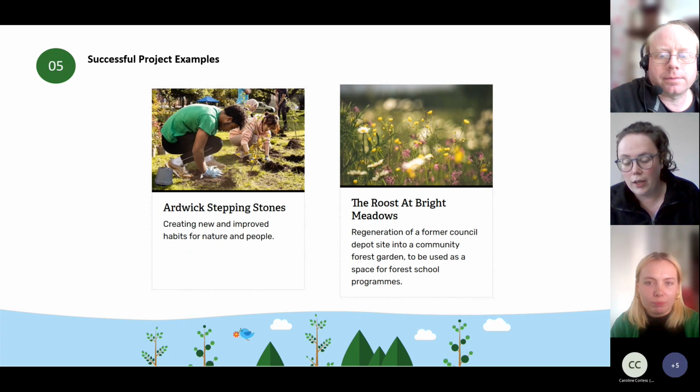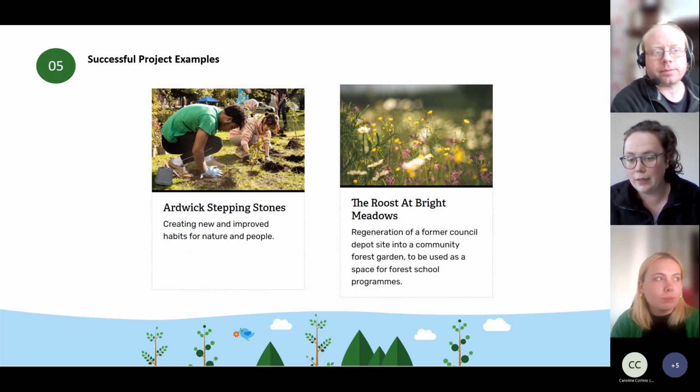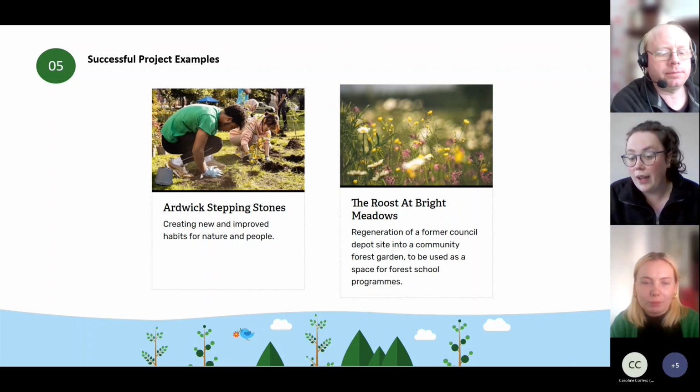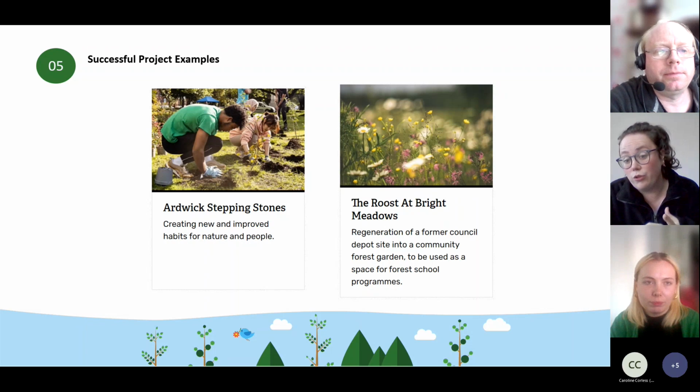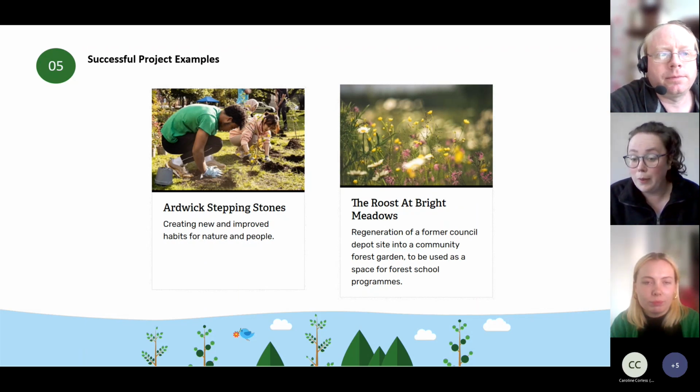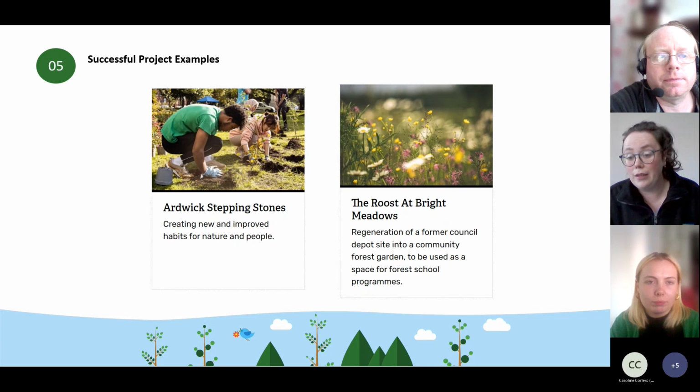Somewhere else, they have got a cemetery, and they're going to be looking at different ways that they can plant up the cemetery so that it's providing a good natural space, but also a place where people can still come and, you know, be with their loved ones. So they're planting things like yellow rattle, which is a really good plant that keeps grass levels naturally lower, but is providing a source of pollen and nectar.